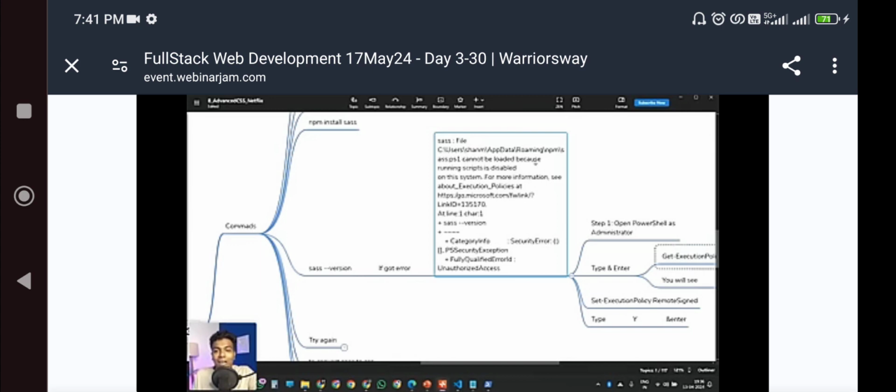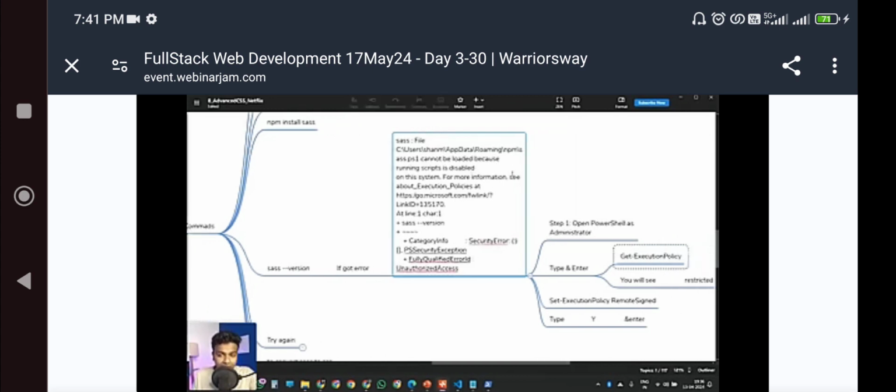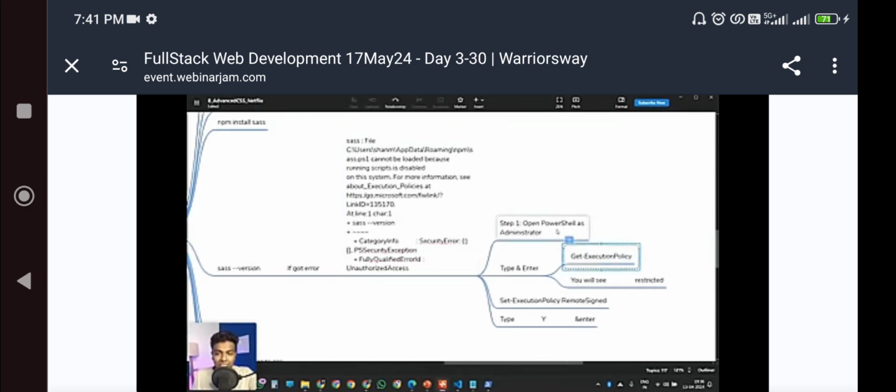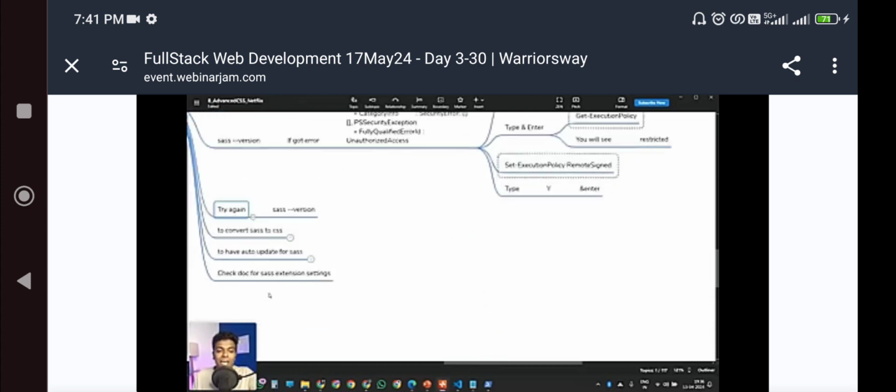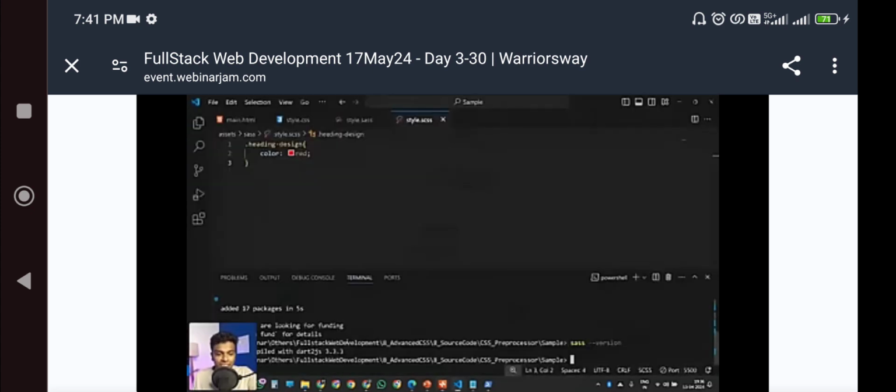But if you are getting the error like "cannot be loaded because running script is disabled," you need to open your PowerShell as an administrator and execute this command. If you see Restricted, then execute this command and type Y and then enter. That's it. Then again, if you try sass --version, you will get this response: my Sass version is 1.75.0,